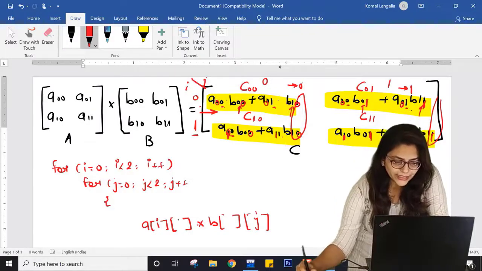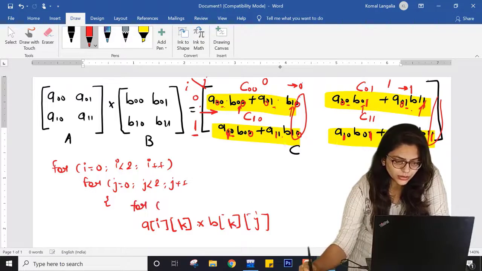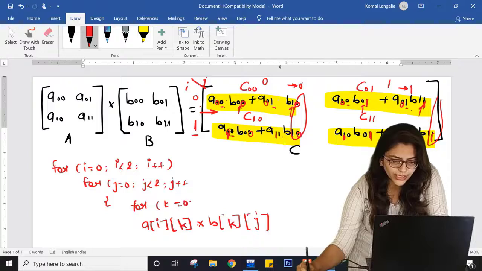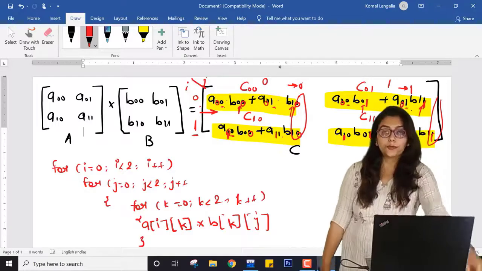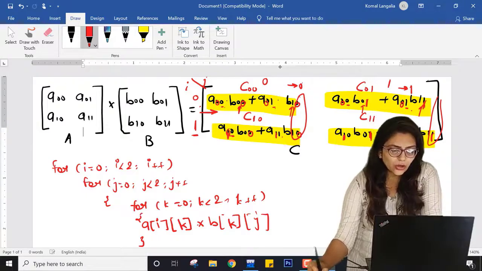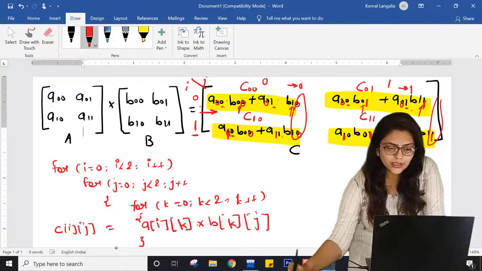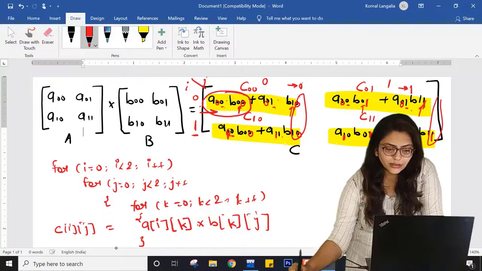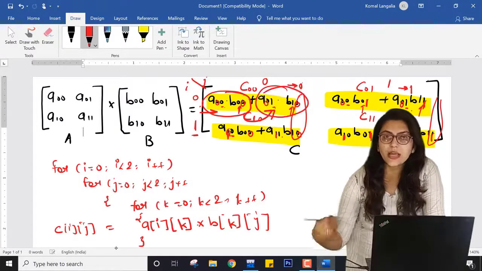So I am taking K over here, and how many times will the loop of K run? For K equal to 0, K less than 2, K plus plus. So I am actually taking 3 loops, right? In these 3 loops I am writing the logic of C of I, J. First I will add this term, then I will add the next term, so this is a kind of sum.